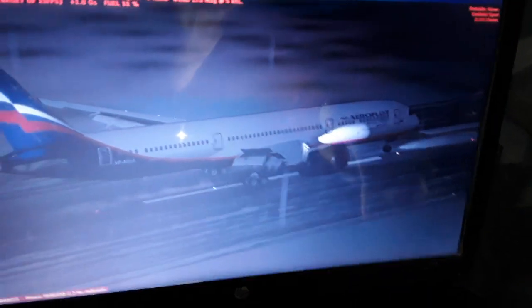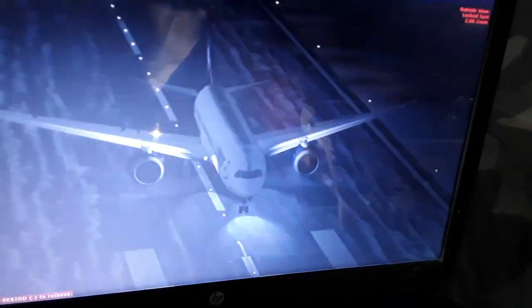So you can see all the landing gear here, the nose wheel is perfectly safe, there is no breakage of any